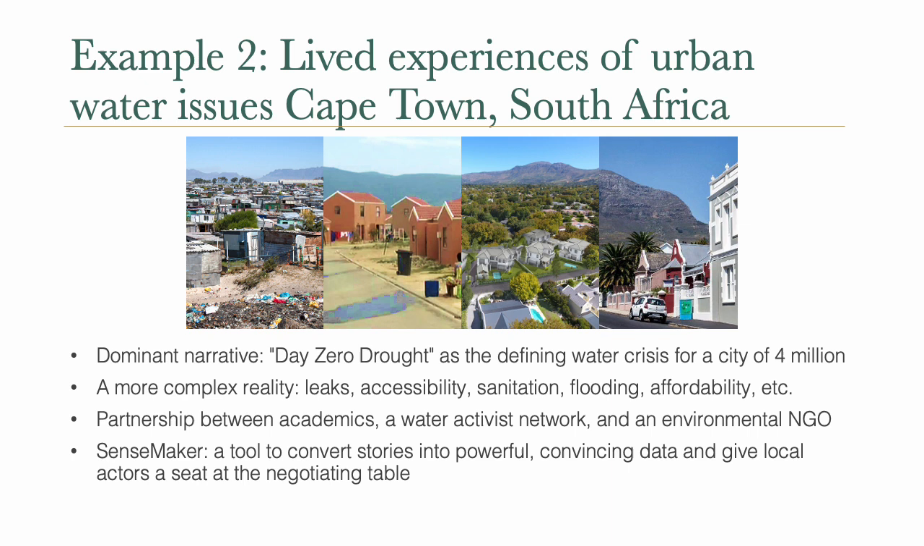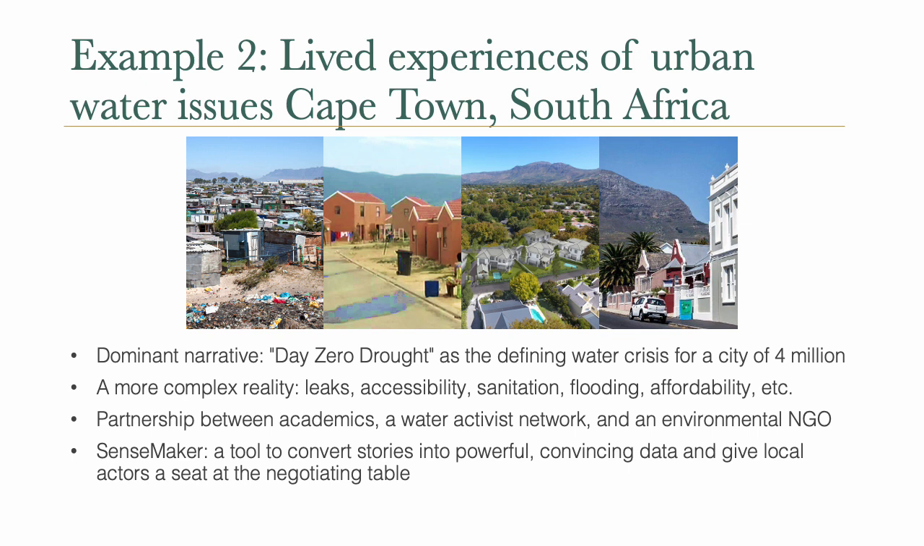But we also knew that at the same time there was a more complex reality, especially in informal settlements and in low-income areas where a lot of the infrastructure is inferior. There are leaks, access to water and sanitation is not always as it should be, there are problems of flooding during the wet part of the year, and affordability of water services is also an issue. And so we really wanted to capture that. And we found that stories can be a way of nuancing and expanding the understanding of these kinds of complex